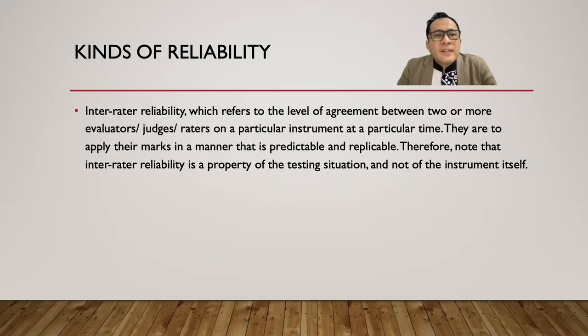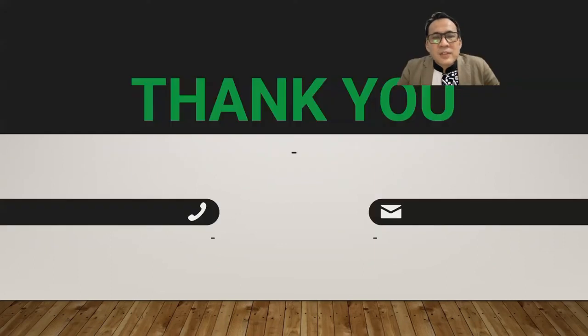And then the inter-rater, it means to find out about the two raters of the test. For example, you have a writing assessment, then two persons or two teachers evaluate the assessment, and then the results of the two teachers are compared, and you find the inter-rater reliability. Usually to reduce subjectivity, you need inter-rater reliability. I think that's all for today, students.